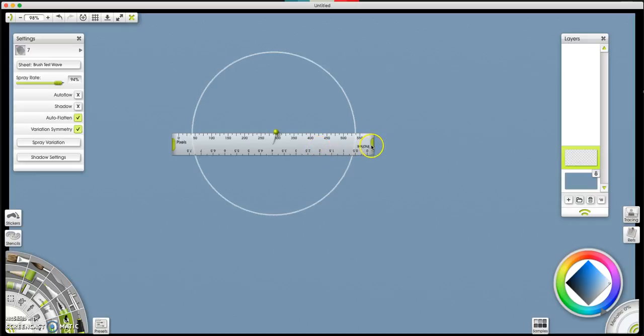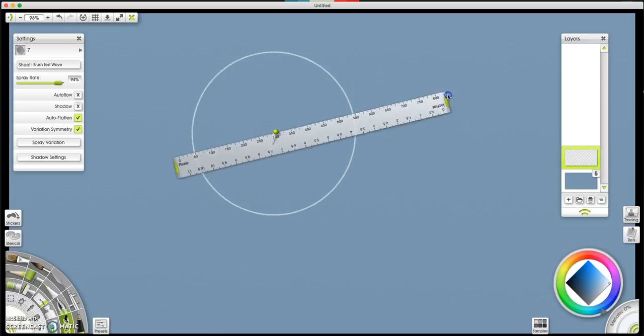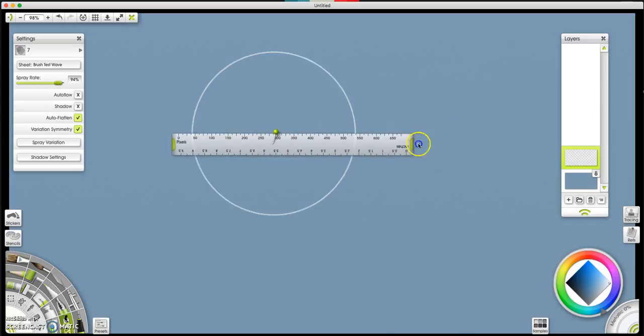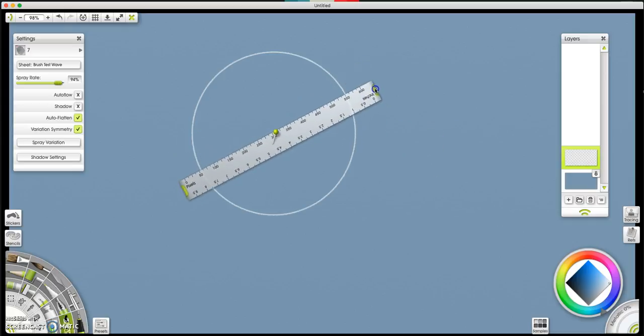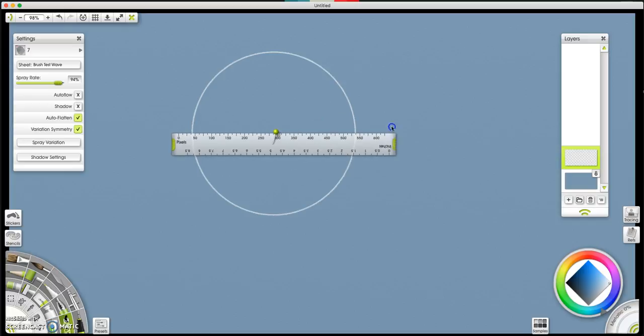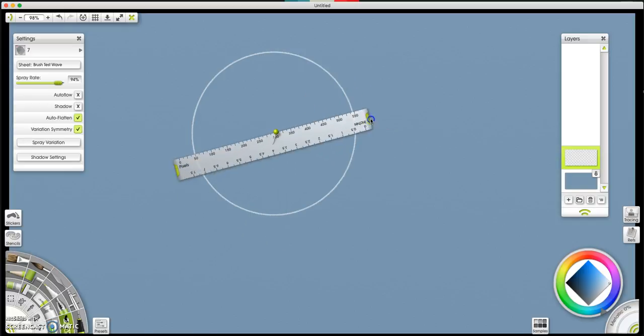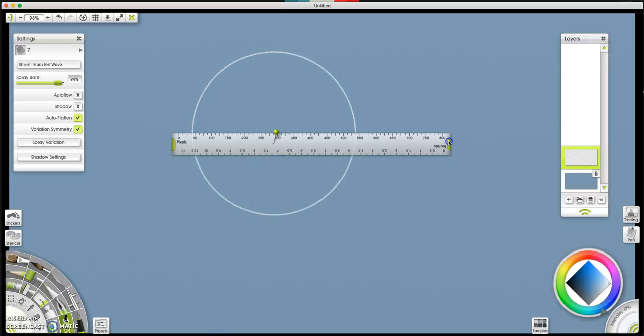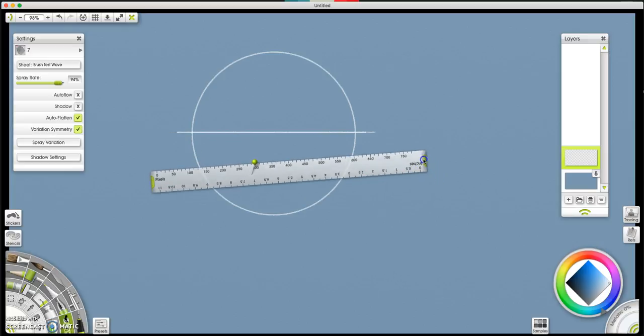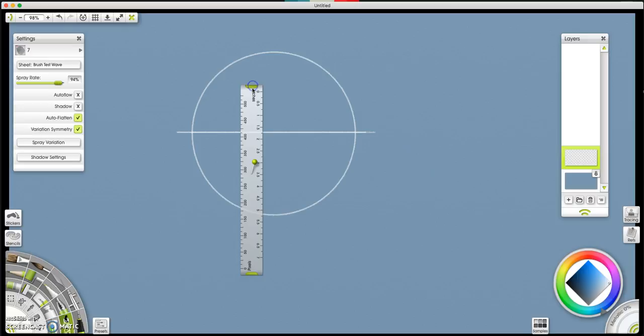To resize your ruler, you can just click or tap with your pen and drag on one of the green ends. When you do that, you'll see that you make the ruler bigger or shorter, but you can also rotate the ruler. If you then hold down the Shift key on the keyboard, you can snap the ruler to certain angles. So I'm going to do something like that. Okay, so I'm going to find my midpoint, and I'm going to draw right across, and there's my horizontal line. I'll then rotate the ruler, hold down the Shift key so it snaps,